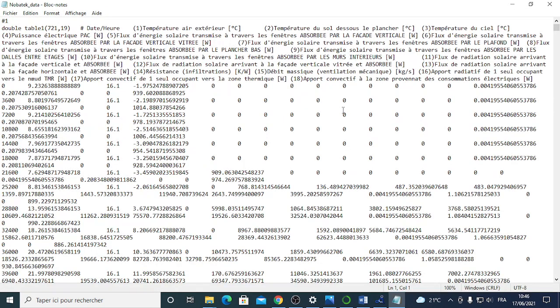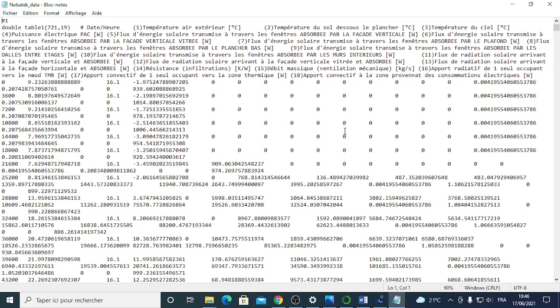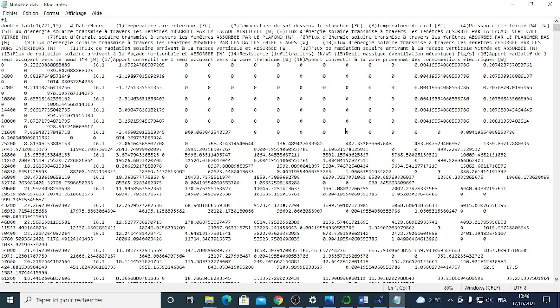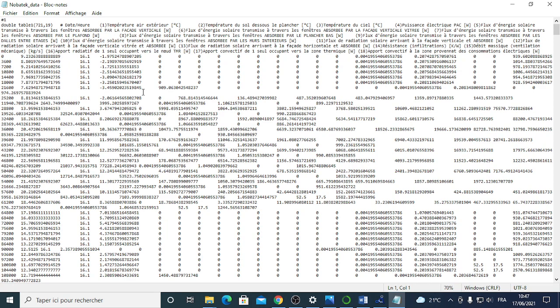We're going to make it a bit clearer. All right, so here we have all the data that is going to be used as boundary conditions, and the